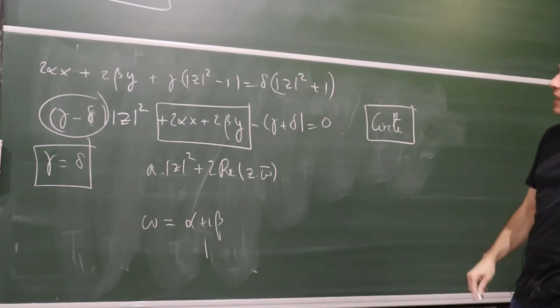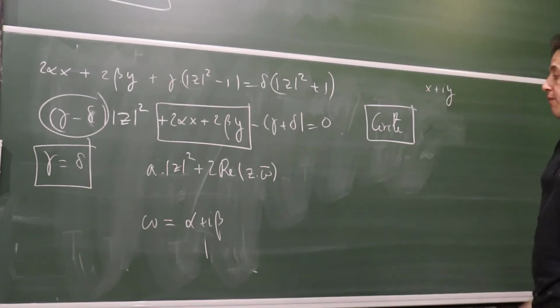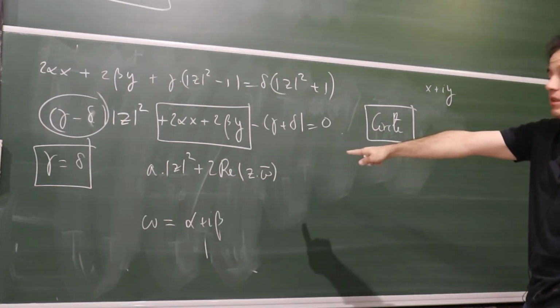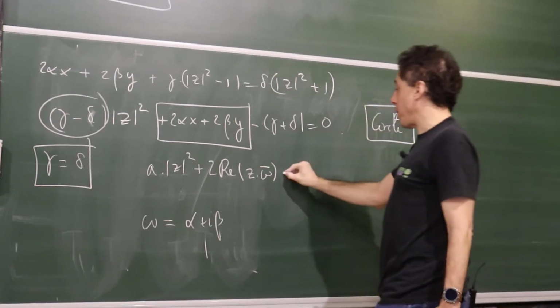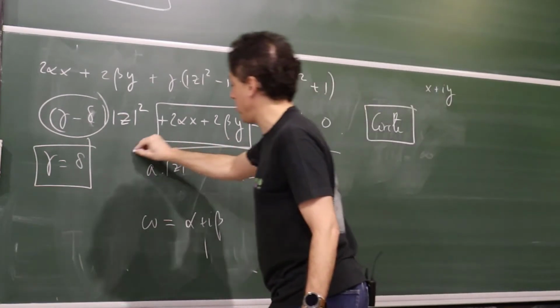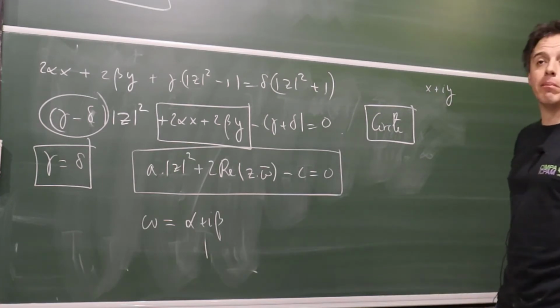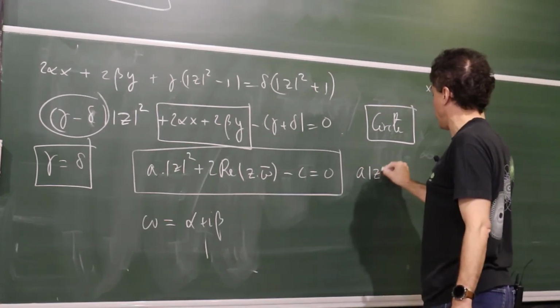Okay, Z is X plus iY. If you multiply by alpha plus... alpha minus i beta is the omega bar, you obtain, you multiply by 2, you obtain this number. So minus C equal to 0, where omega is some complex number. Or alternatively, you can write this